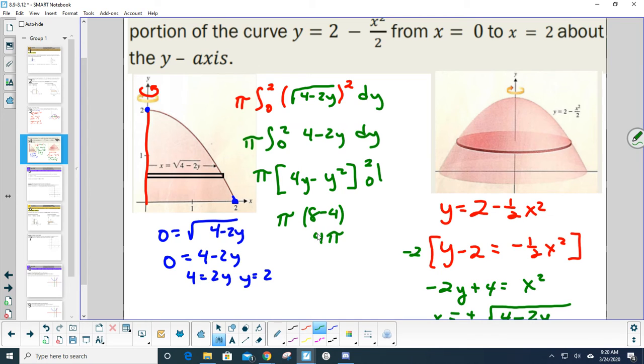And your answer for this one is going to be 4 pi. Whenever you have the disk method, pi is always in your answer. Always, always, always. Okay, so that's a second example. The only difference between these two is this one's against this one, and the first one we did was against